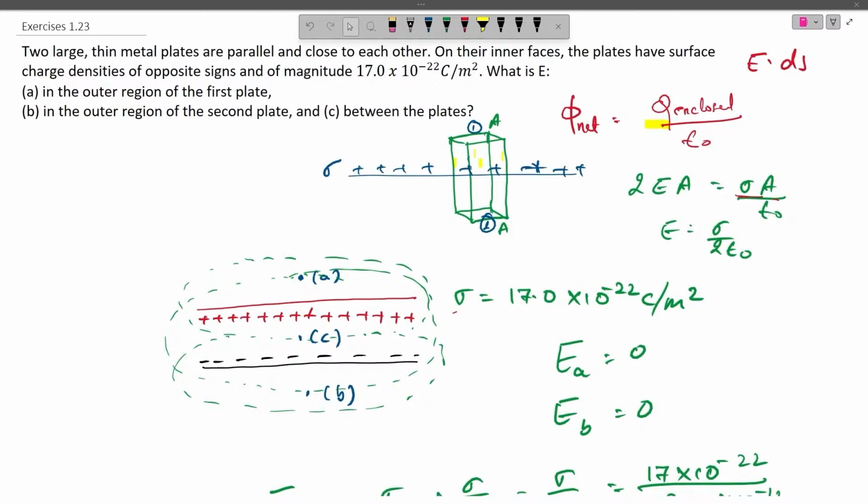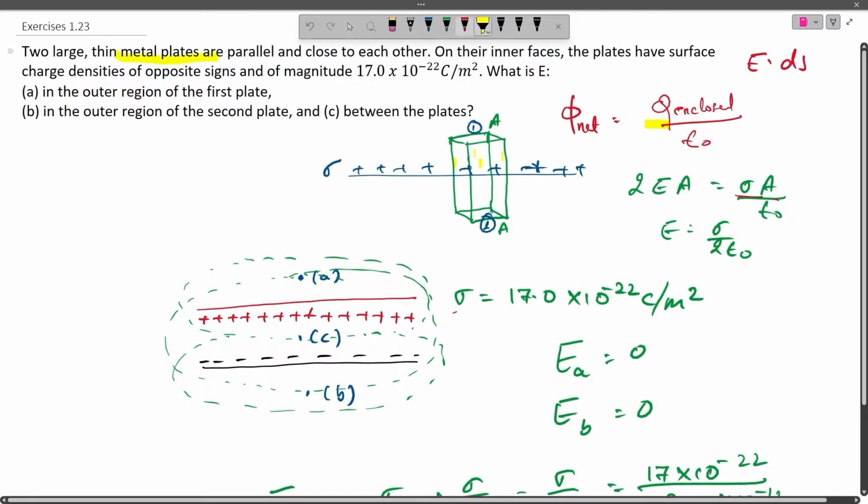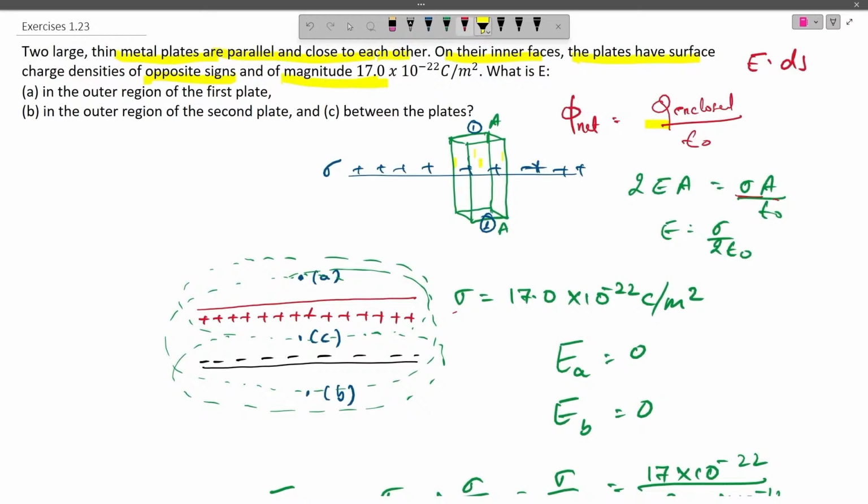The question says that two large thin metal plates are parallel and close to each other. On their inner faces, the plates have surface charge densities of opposite sign and of magnitude 17 times 10 raised to the power minus 22 coulomb per meter square. So the configuration is like this. There are two plates. I have symbolized them as the red and the black one. They are carrying opposite charges of charge density sigma equals 17 times 10 to the power minus 22 coulomb per meter square. We have to find out what is the electric field in the outer region of the first plate, that is this region,